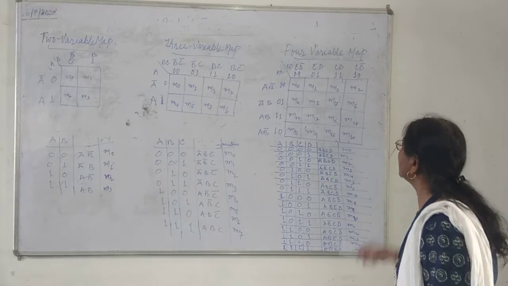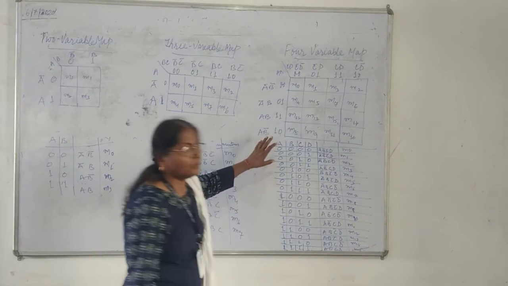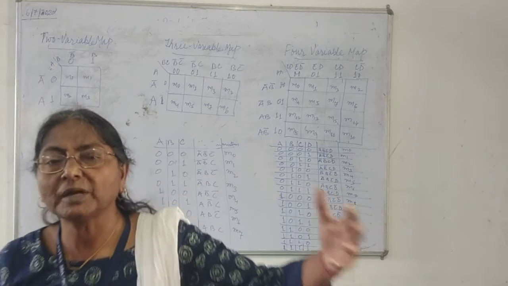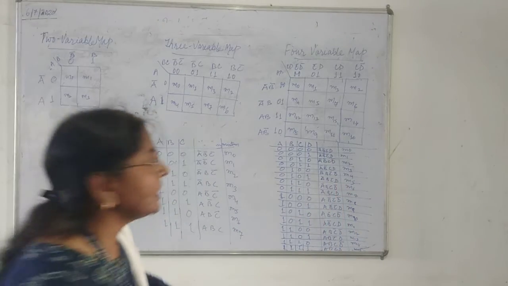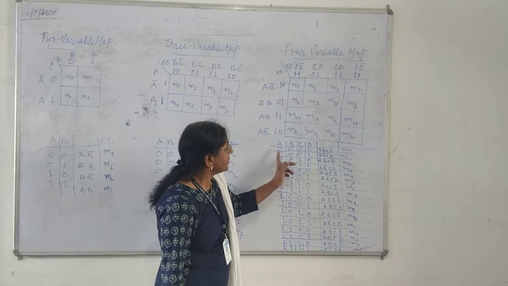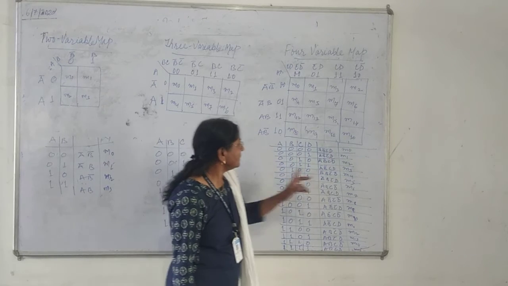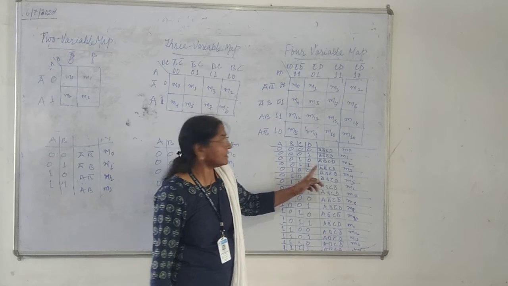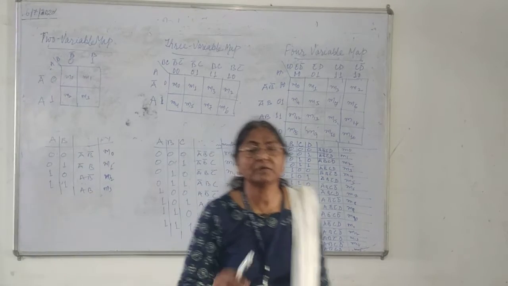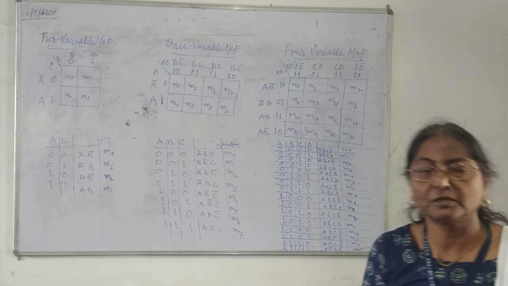In the same way, I have given the 4 variable combinations of ABCD. So when you have 4 variables, you can make 2 to the power 4, that is 16 binary patterns, from 0 to 15. Here I have assigned the values M0, M1. A bar, B bar, C bar, D bar is M0. A bar, B bar, C bar, D is M1. A bar, B bar, C, D bar is M2. In that way I have written it and given the map. In every map I have given the value of the cell in decimal form. Okay, what will be the value of the cell in decimal form?